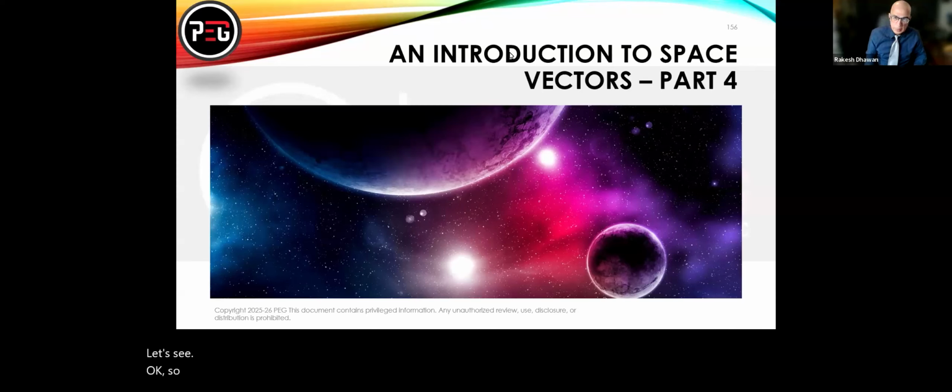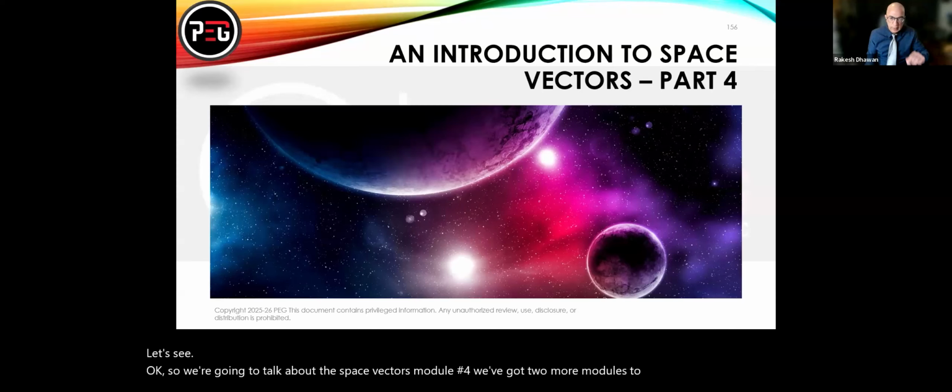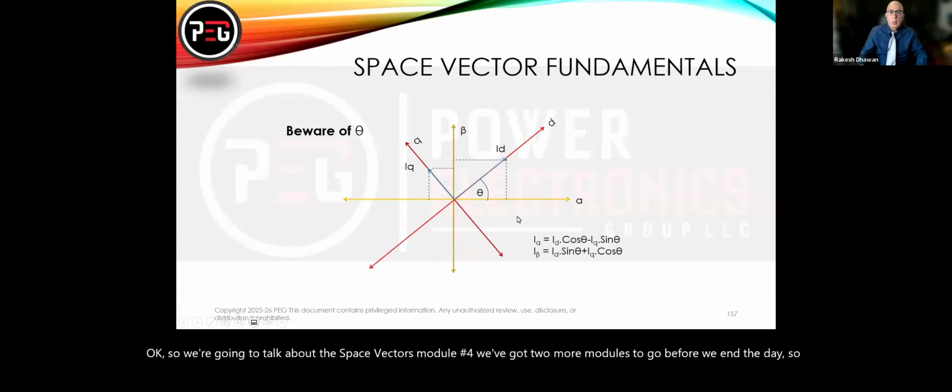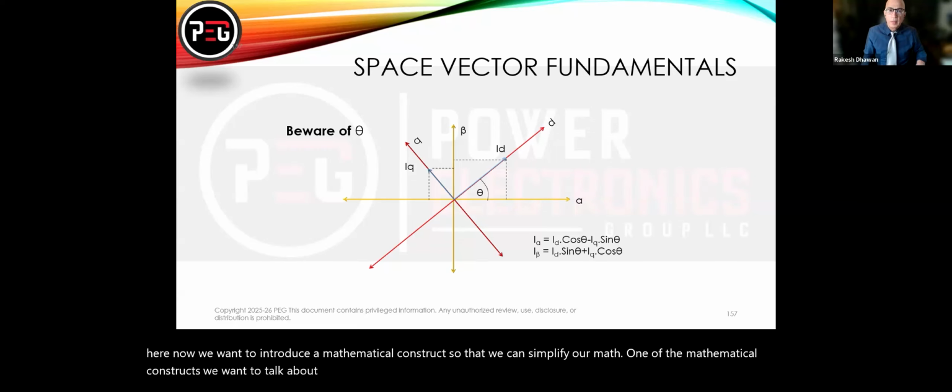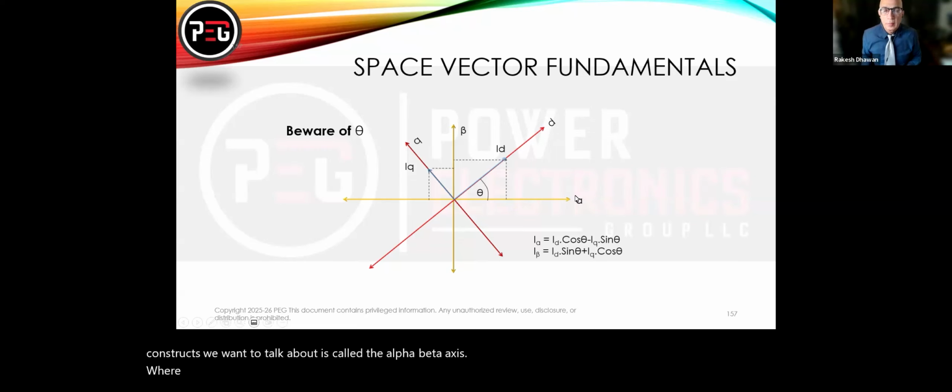So we're going to talk about the space vectors, module number 4. We've got 2 more modules to go before we end the day. Here we want to introduce mathematical constructs so that we can simplify our math. One of the mathematical constructs we want to talk about is called the alpha beta axis, where the idea is